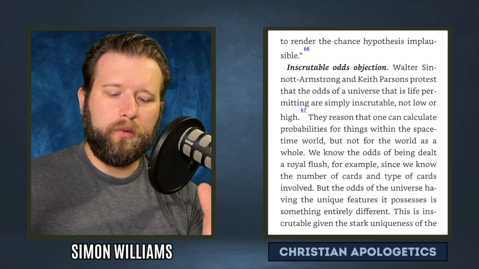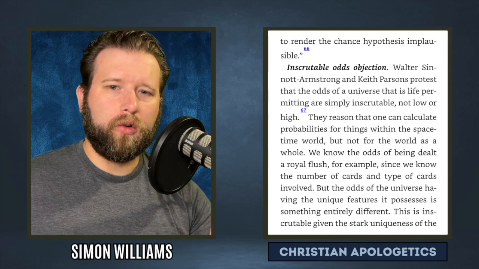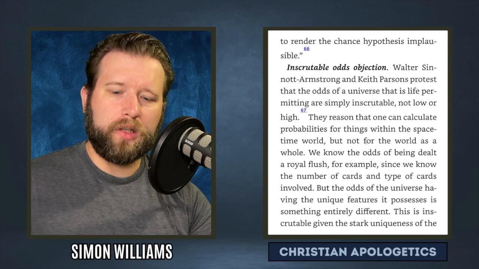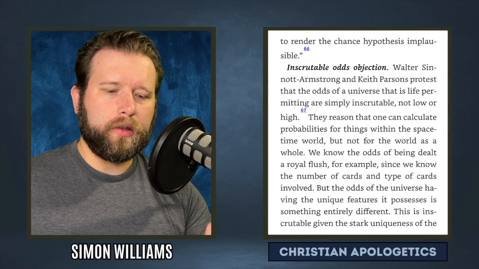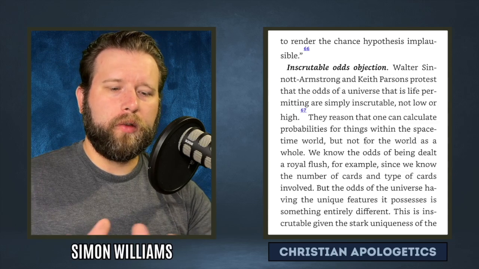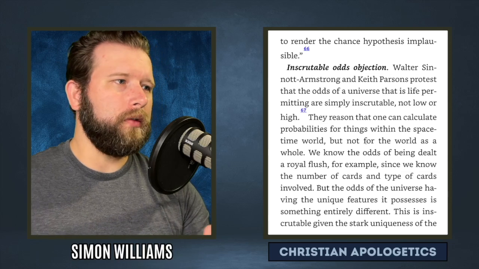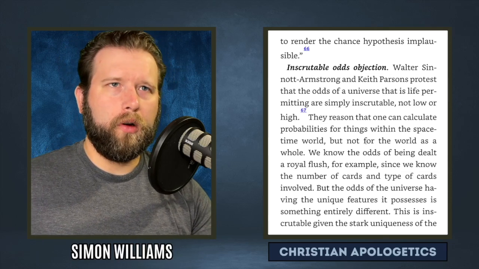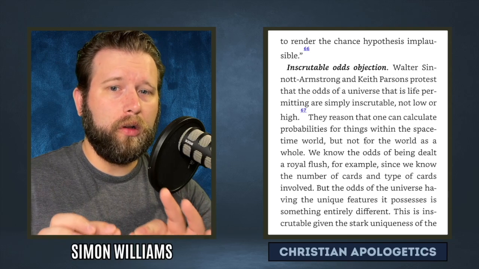Even if you do limit the range from between the weakest force and the strongest force, saying that, well, we only have evidence of forces from this range, this low range of gravity, this high range of the strong nuclear force, and so we can reasonably infer that the strength of the forces could be any value between those high and low values, even still, that would be uncountably infinite, and therefore the calculation would be inscrutable. But we're not doing it by each individual value.